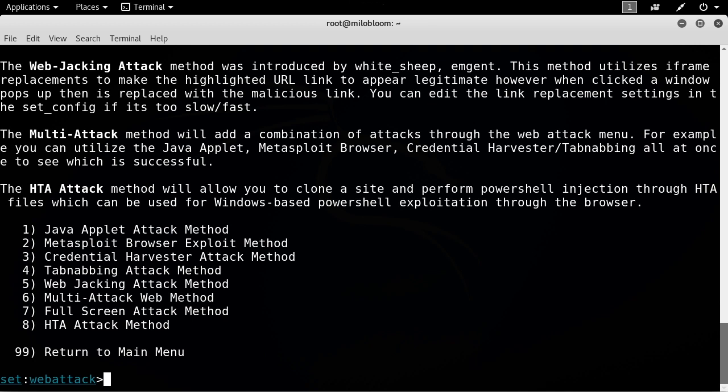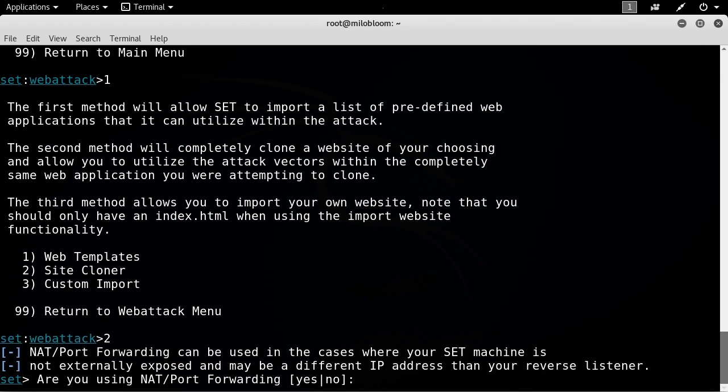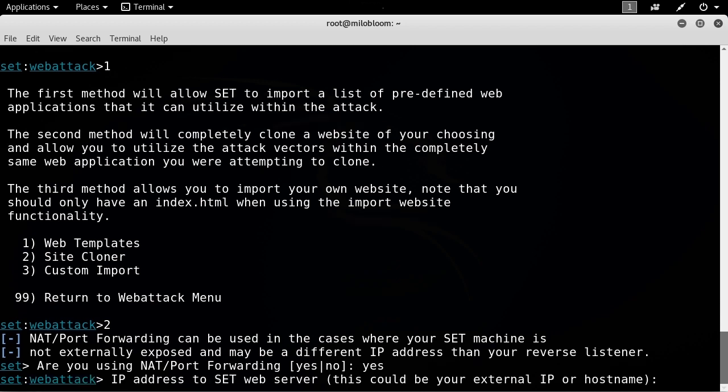What I'm going to do is the Java applet attack method, and I'm going to use a site cloner. In this case, I'm not going to say I'm using NAT or port forwarding because I'm just playing around on my local network. If you did have NAT and you were working with that, you would have to figure out where you were going to use your web server IP address. What I'm going to say is